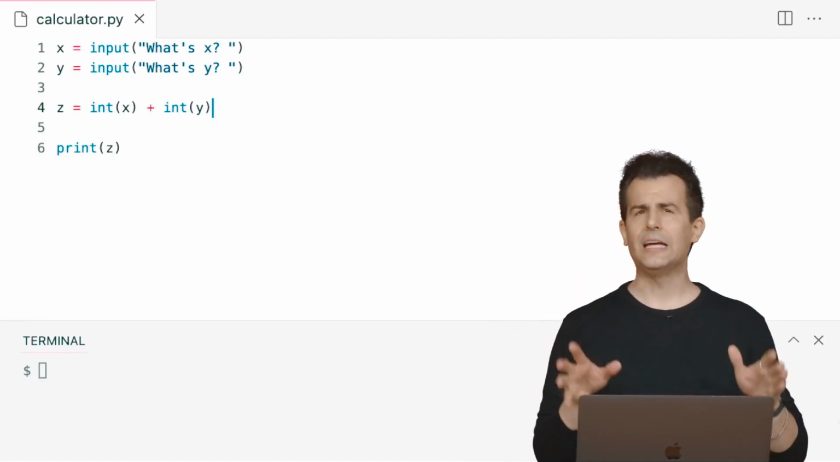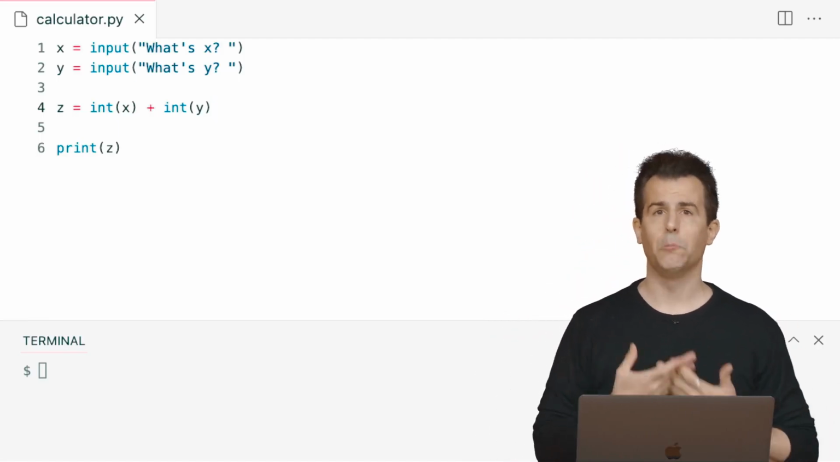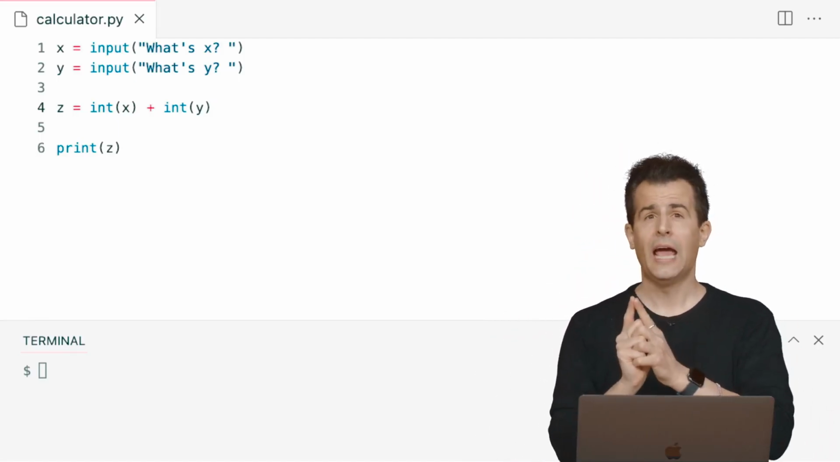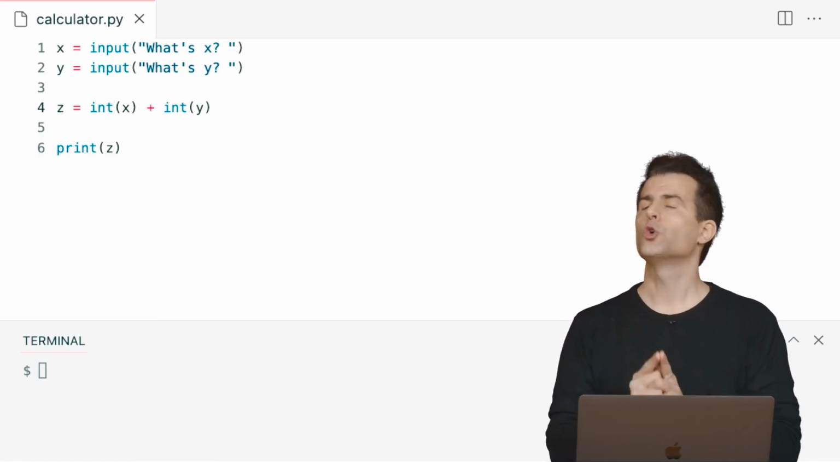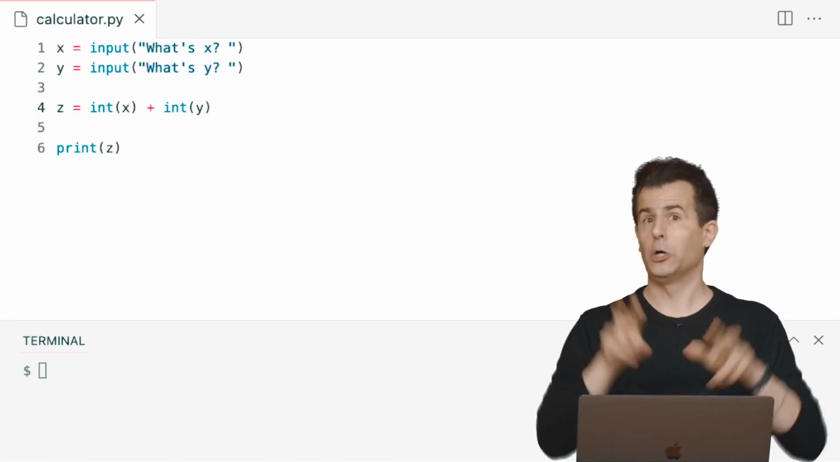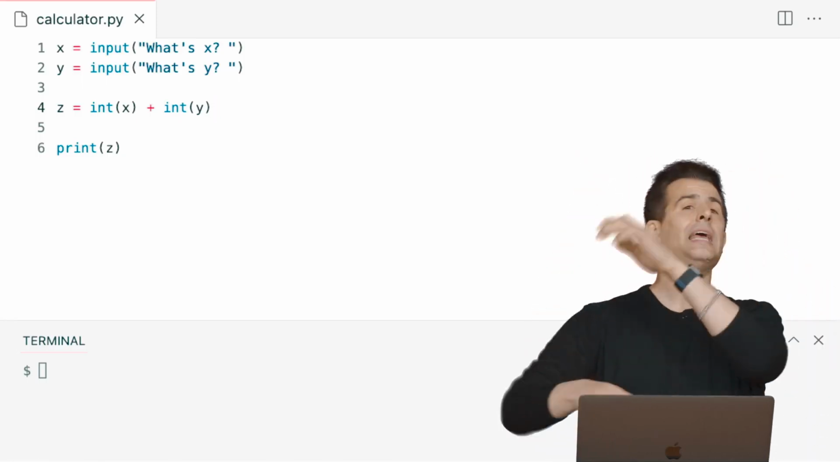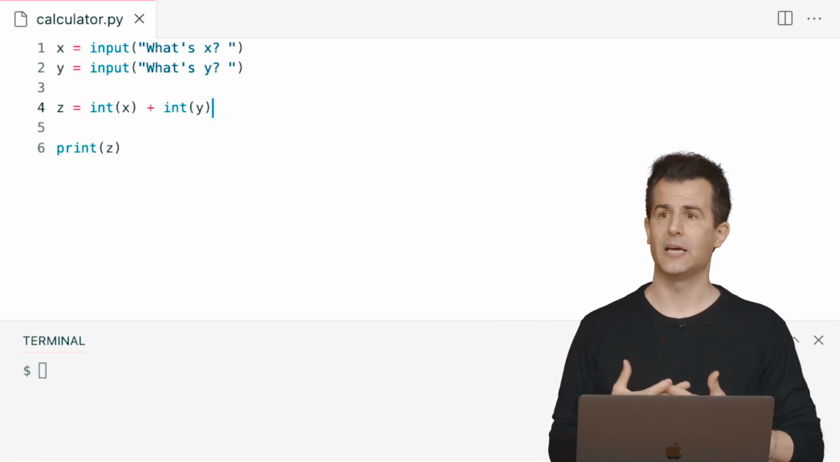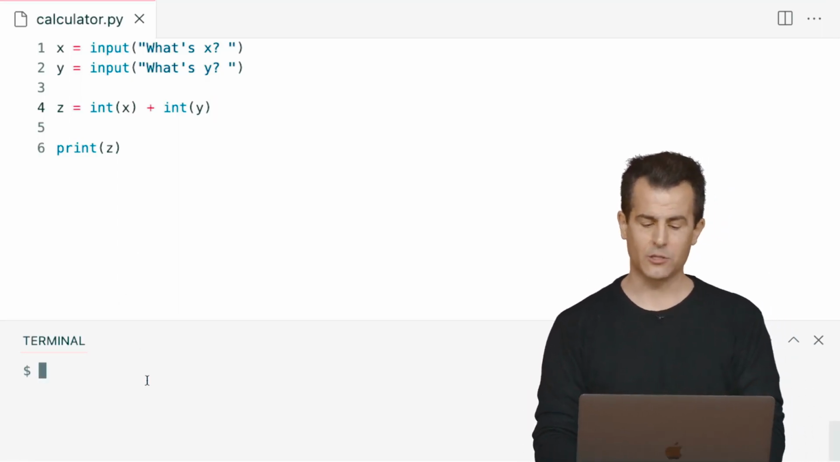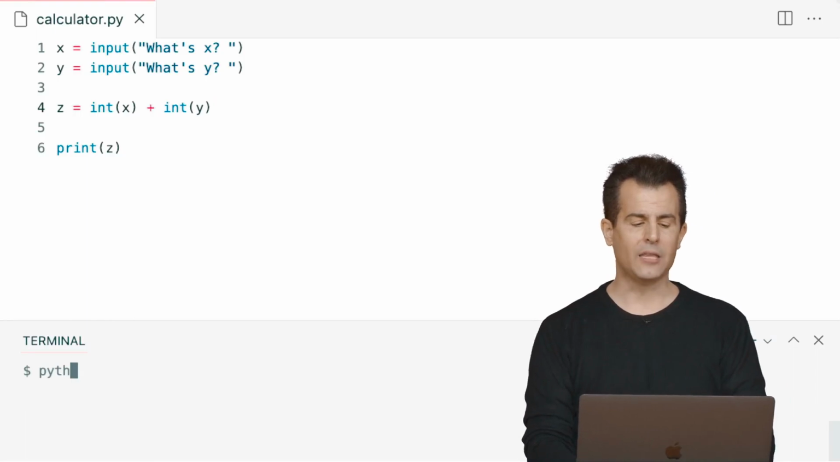So it turns out that int is not only a type of data in Python, it's also a function. And it's a function that if you pass in an input, like a string, so long as that string looks like a number, like 1 or like 2, it will convert it to an actual number that you can perform mathematics on instead. So if I now go back to my terminal window and run Python,